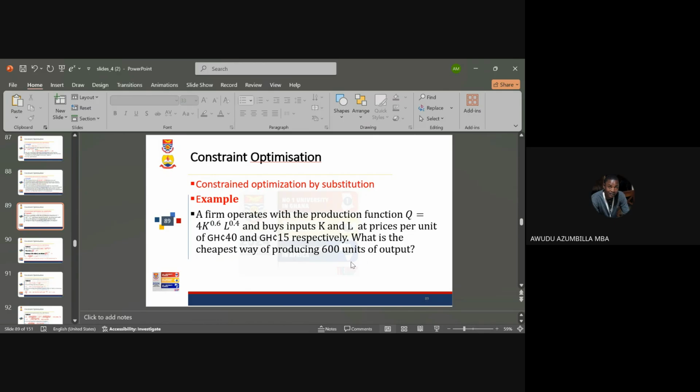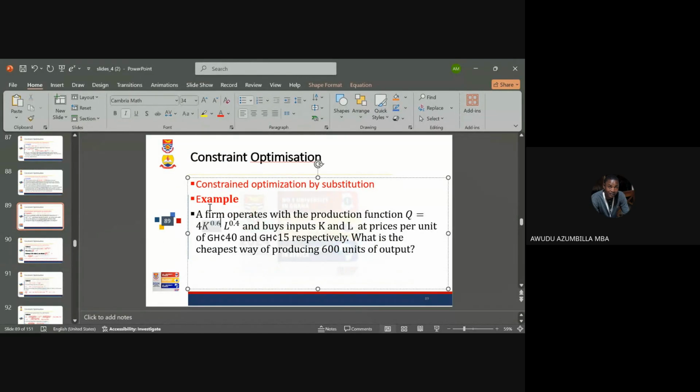Now, what this one is telling you is that you are given the output level. The output level here is 600, because they are asking what is the cheapest way of producing 600 units of output. So the output Q, which is a function of capital and labor, is being given to you. So it is left to you to find the capital and labor that will meet our 600 units. So again, we can copy this one